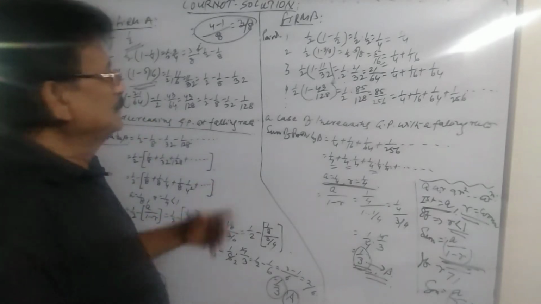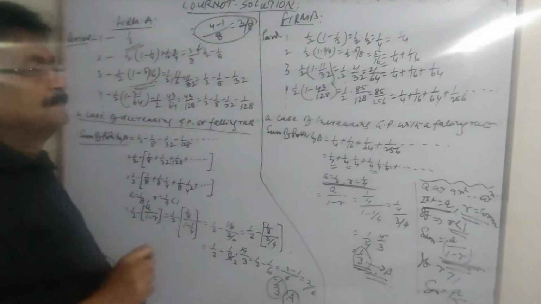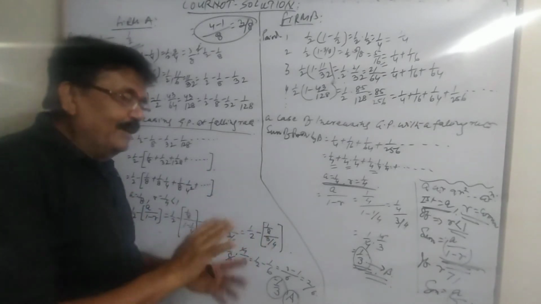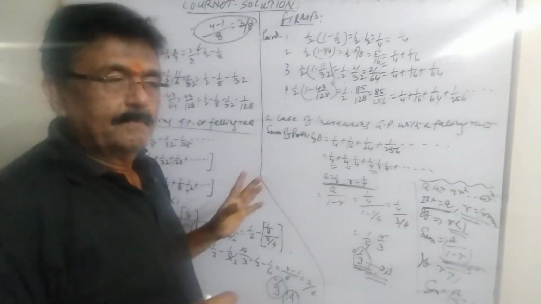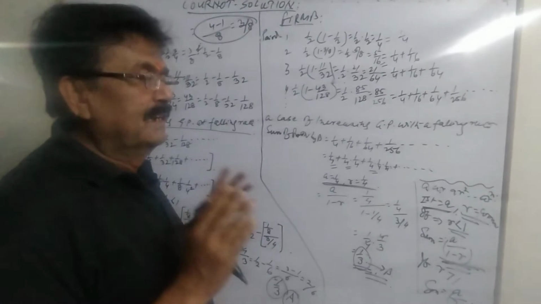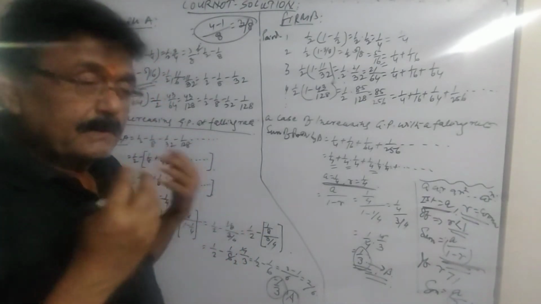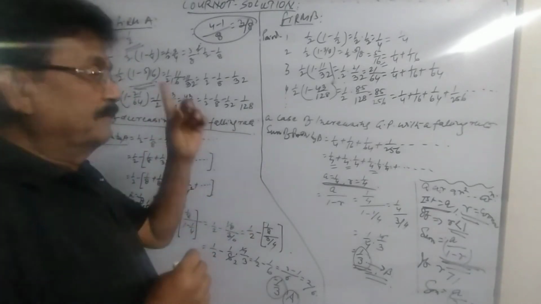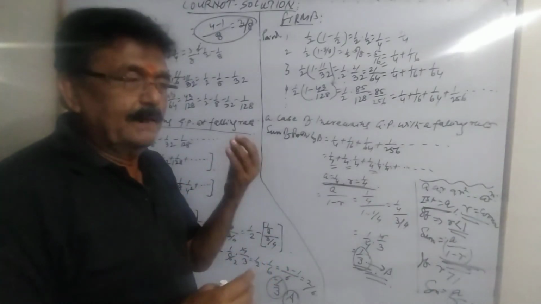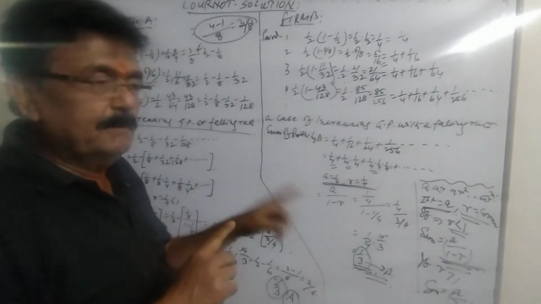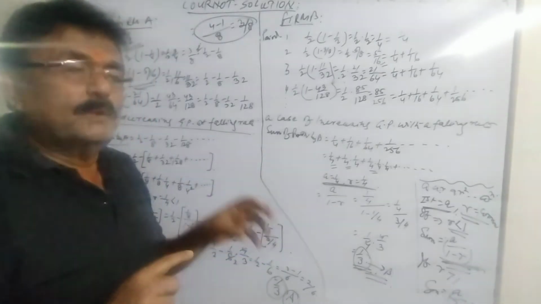Now what we have to do is notice what is happening in each period, and the addition or subtraction in each period would be picked up to make a GP. This is how a GP or a series is made. Here we shall observe with our own eyes what is happening in each period for firm A and firm B. If there is adding up, we shall take it up, and if something is going, that will be picked up. From those magnitudes, or rather those quantities, we shall make a GP.